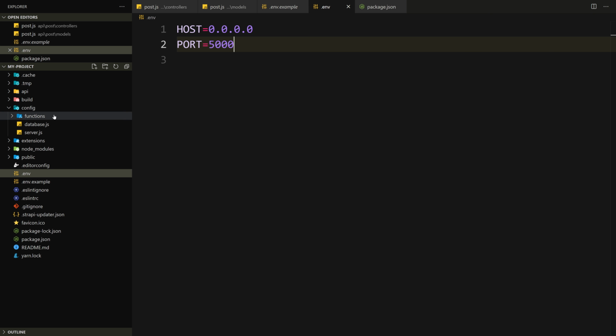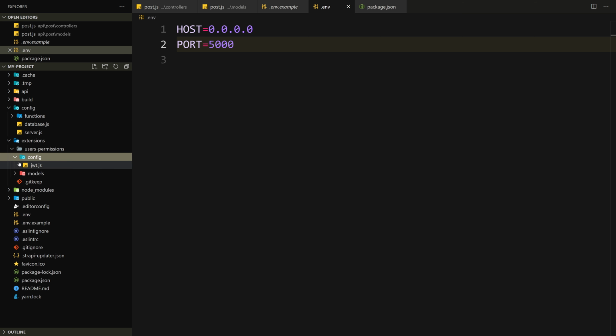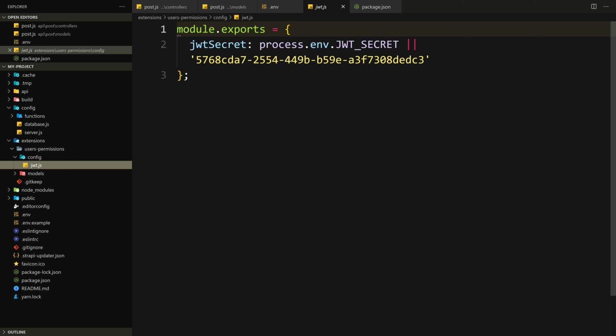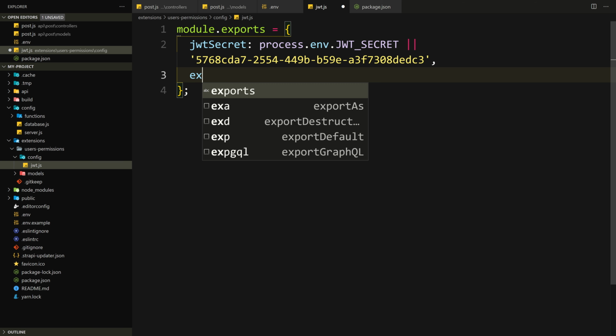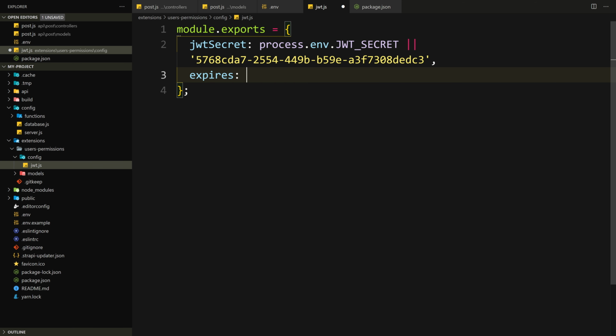And we can also configure, so let's see what do we have. Is it in extensions? Yeah, extensions, user permissions, JWT. We can configure the actual JWT secret by setting the JWT environment variable in the .env. And here you see it has this auto-generated UUID as a default, which obviously will never match any other person's app, which straight away works, I guess. And you can also add an expires in, because it uses a JSON web token in the background. So let's say if you want your tokens to expire in 1 hour, you just say 1H there,